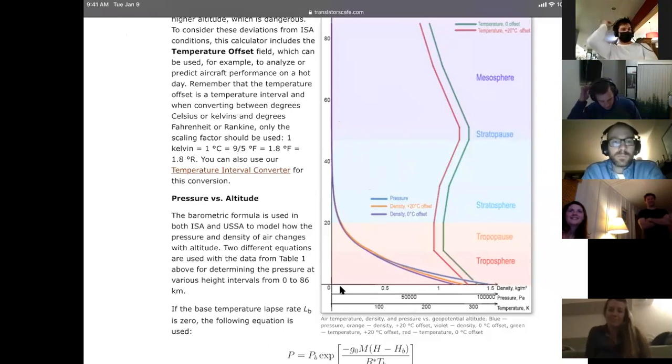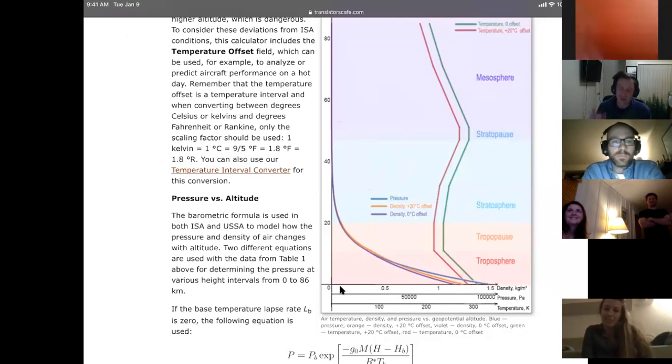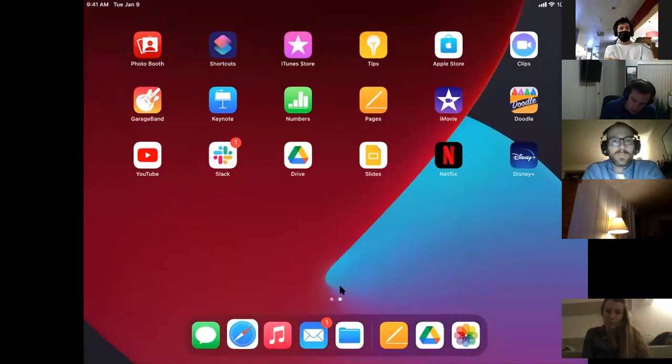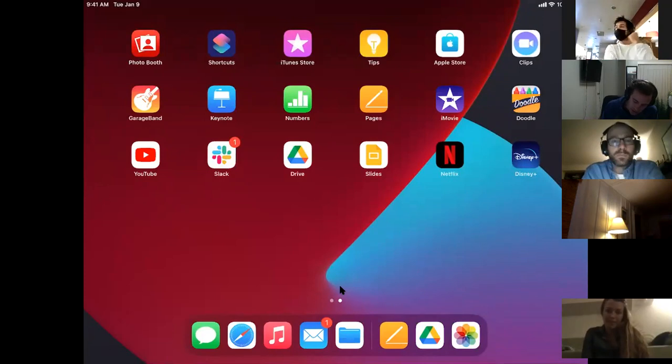And so, as that parcel of air continues, actually, let's talk about why this is real quick. Why does density change as we move up in the atmosphere? The idea for this is that